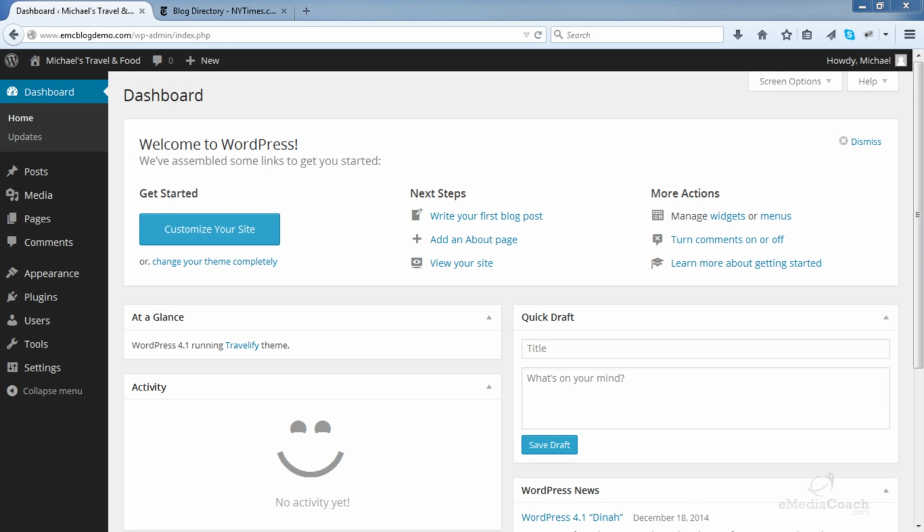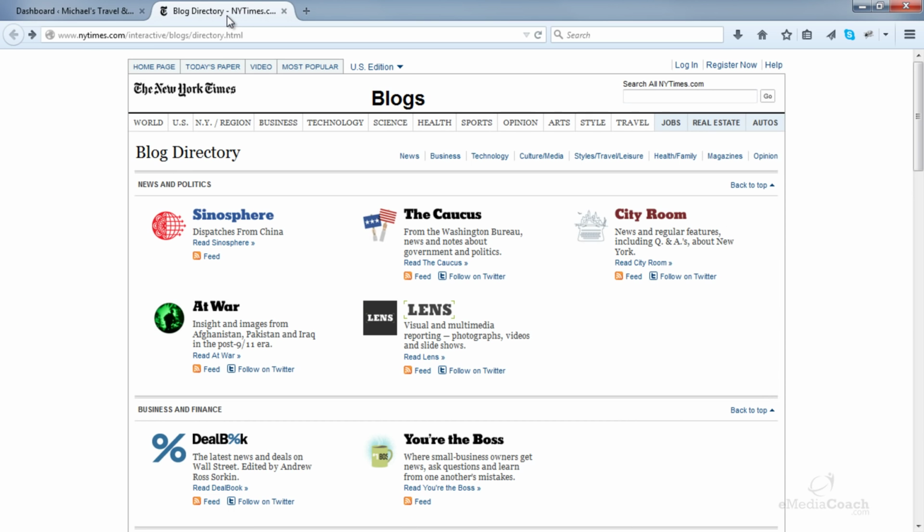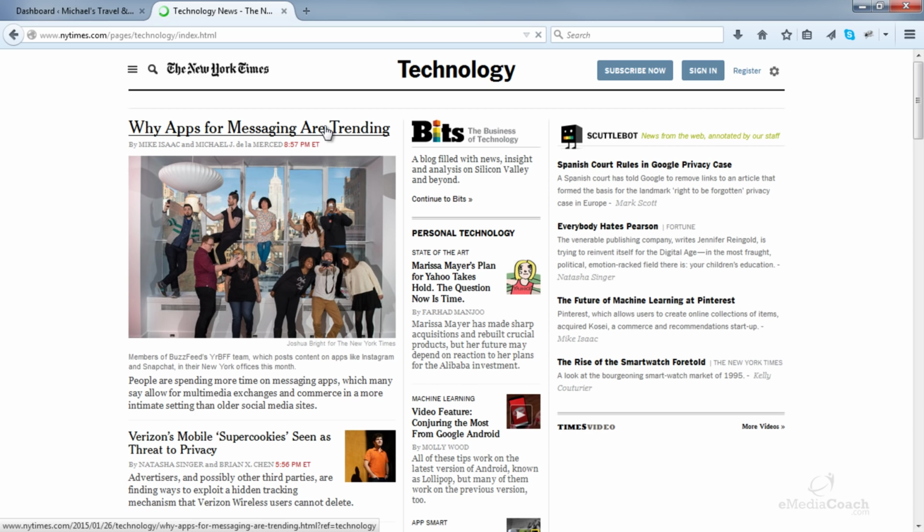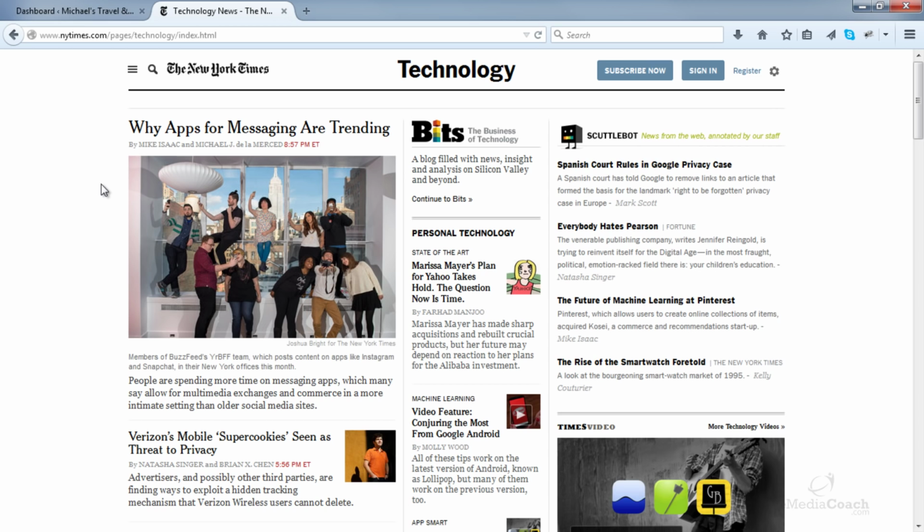Now I want to let you in on how to define the categories that will be part of your blog. You'll remember that I gave you the example of the New York Times. You'll see that their categories are lined up here at the top. For example, business, technology, science, health. They're all main categories, and when you click on one, you're taken to any posts that are within that category. I want to show you how to set up the same thing for your blog.